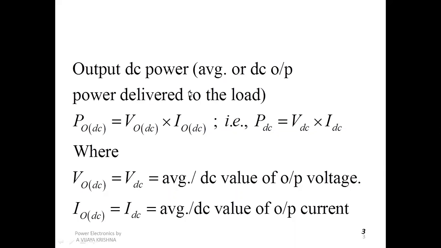Average means it depends on the number of positive half cycles. If you consider the frequency to be 50 cycles per second, then per second we get 50 cycles. One full cycle consists of a positive half cycle and also a negative half cycle, so the complete cycles should be 50 cycles per second.